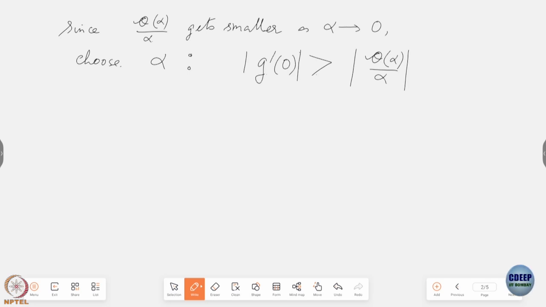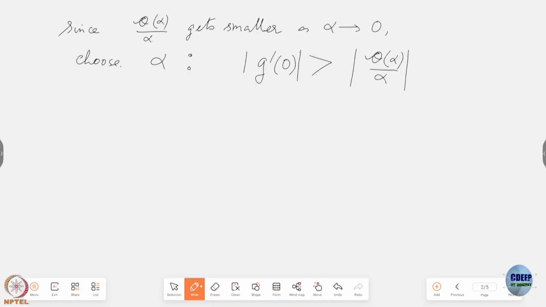So beyond a certain point, this is a fixed number, apparently non-zero according to our contradiction. We are trying to prove that this is 0, but in the process we are contradicting this and saying that suppose this is non-zero. The absolute value of this is some positive number. If you keep making alpha smaller and smaller, beyond a certain point, this term will get smaller than this because it has to approach 0 continuously in the limiting sense. So after a point, it's below this bound. It never overshoots this. So that's the range of alpha values that we are looking at. What happens in this situation?